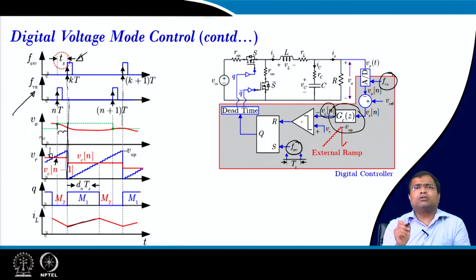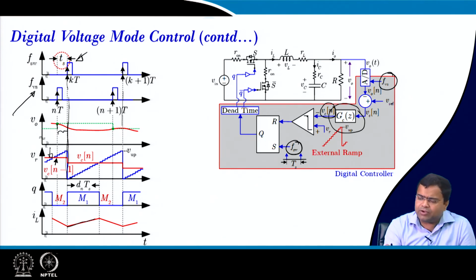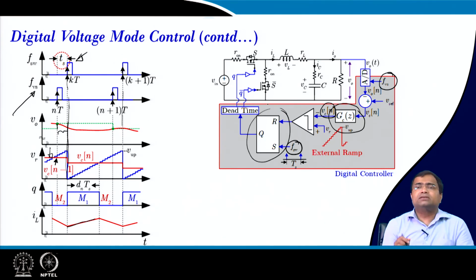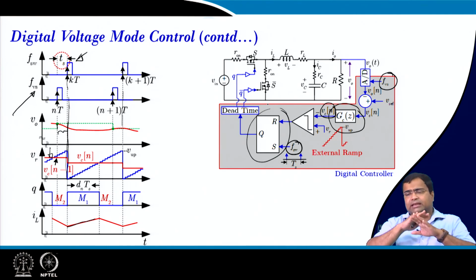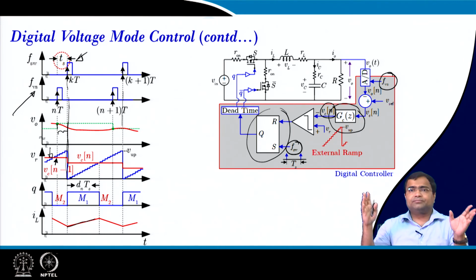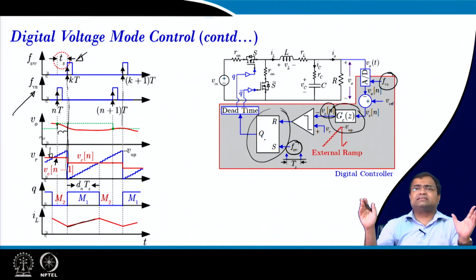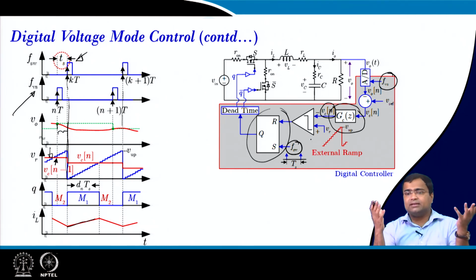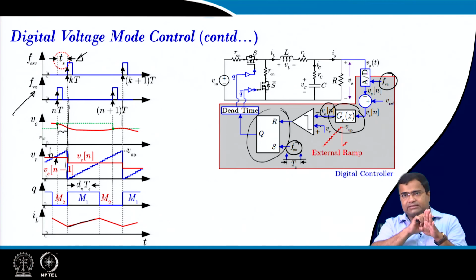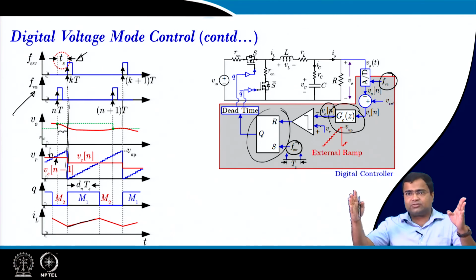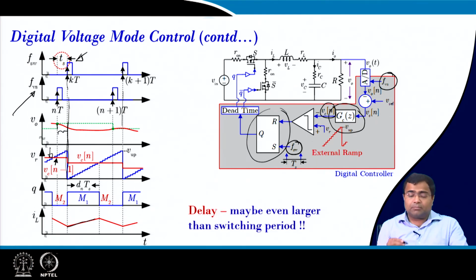In fact, in digital control, if you take one sample per cycle, you do not need a separate latch, since you are taking only one sample, it is insensitive to any noise, because it is not updating. So, we can eliminate this latch circuit, because the latch is already taken care of, because the DPWM itself has a delay. Okay, what the latch used to be there. So, DPWM takes the sample and this is held for the rest of the interval. Here the delay can be even larger than the time period, and that we will discuss when we go for